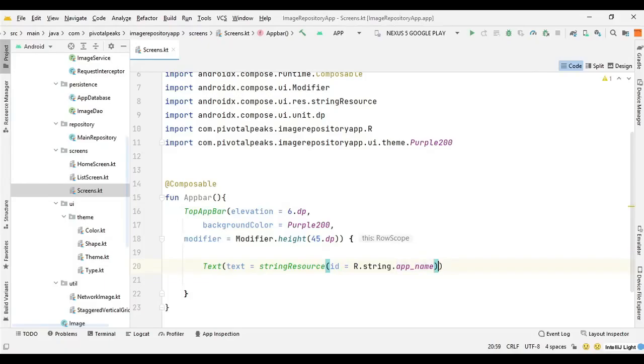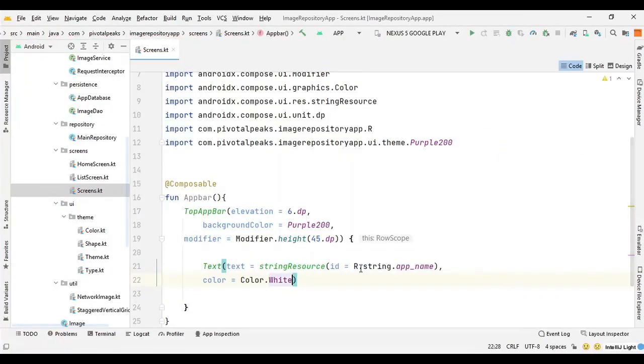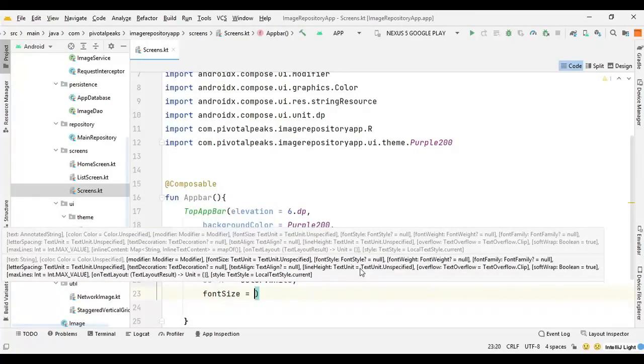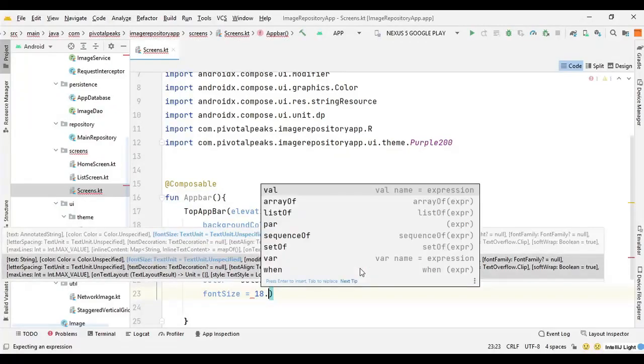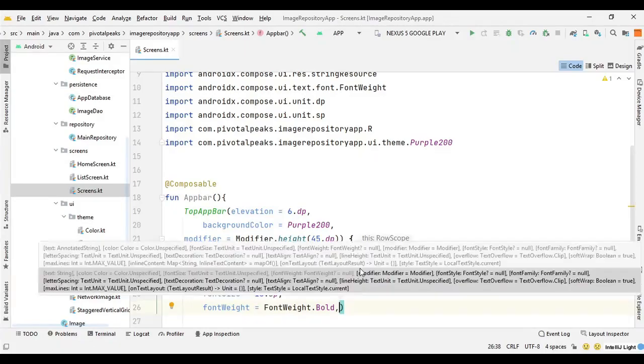Then we can provide color for it. So we can say color equal color dot white, and we can give some font size. So we can say font size 18.sp, and then we need to import the sp as well, and then we can give some font weight. So font weight, we can say font weight dot bold, and let's give some padding.